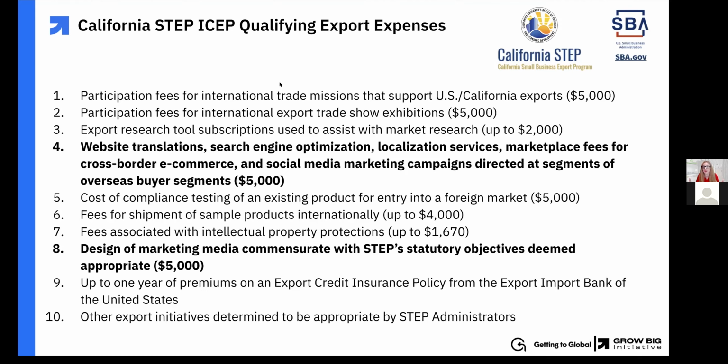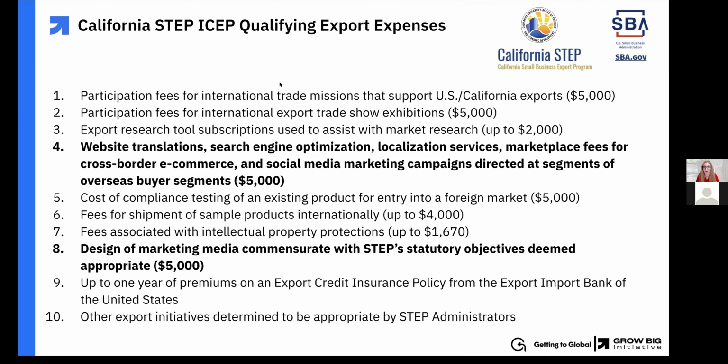You could put your entire $5,000 into SEO and localization services, which means a lot of things: market fees for your cross-border e-commerce, adding other e-commerce and internationalization plugins for your website, and social media marketing campaigns directed at overseas buyer segments, which basically means you have to be able to give the STEP office an